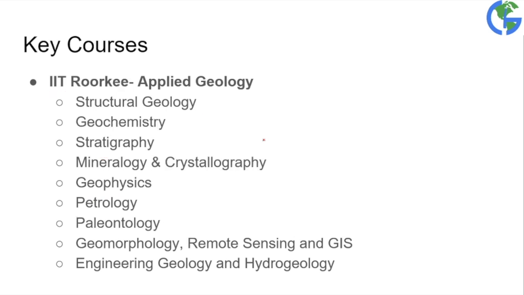So you need not worry even if you get a rank such as 100. You might think that I will not get IIT Bombay and all. So it doesn't matter if you do not get IIT Bombay, you will get IIT Bhubaneswar, IIT Roorkee, maybe some other IIT. All these institutes are really good, right? And their course curriculum is fantastic. So you need not worry about that. Just focus on your examination and try to score more so that you get the good rank of your desire,